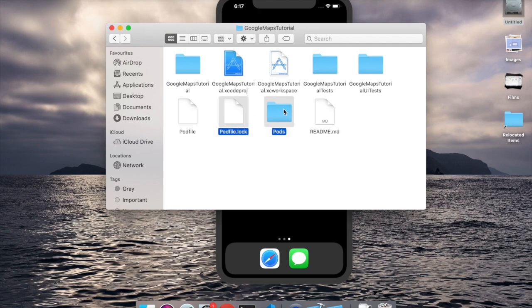So what you will do, delete these two files, pod file.lock and the pods project, and in the terminal navigate to the project directory and type pod install. It will install everything from scratch,